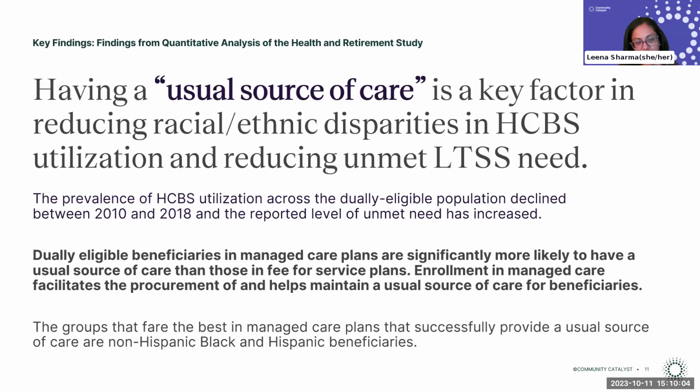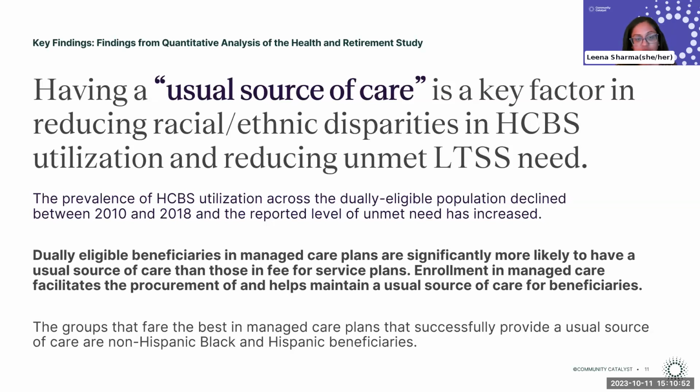So the LTSS Center conducted the quantitative analysis, and they used data from 2010 to 2018 wave of the Health and Retirement Study, which is a nationally representative longitudinal survey of individuals who are age 50 and over. We identified whether and in what magnitude these disparities exist for dually eligible individuals of color, whether patterns changed over time, if there were differences between region, urban, or rural setting status, and whether individuals of color have similar or different experiences compared to white beneficiaries. And a big factor, as noted here, is having a usual source of care